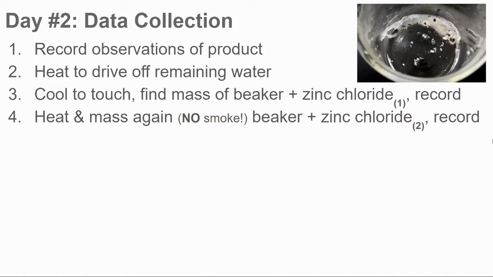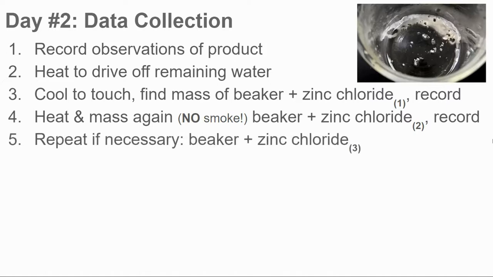And then get your second mass and record. So repeat if necessary for a third time. You want your masses to be within 0.02 grams, and look at it. If you see any liquid in there, you're definitely not finished. It needs to be dry, and then you need to get 2 back-to-back mass measurements that are within 0.02 grams